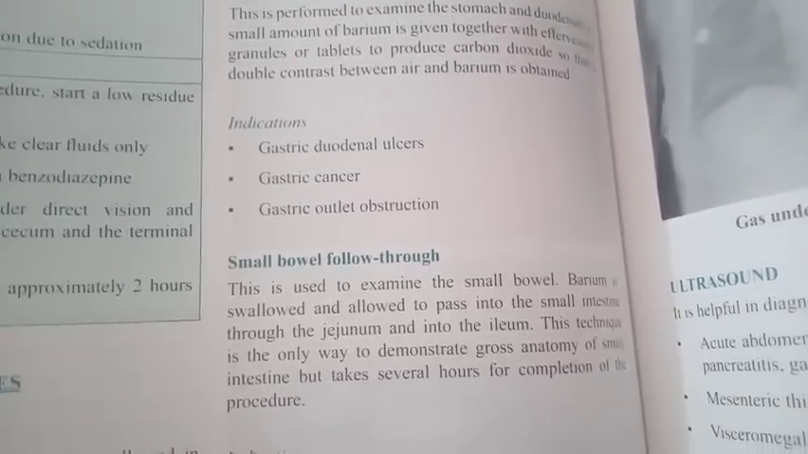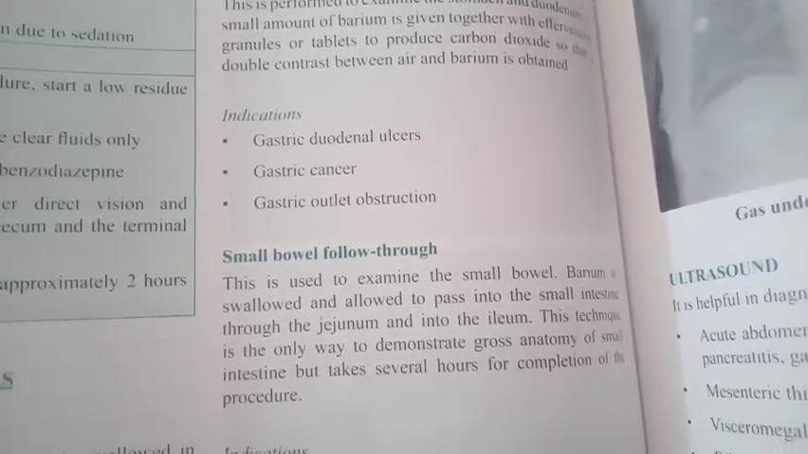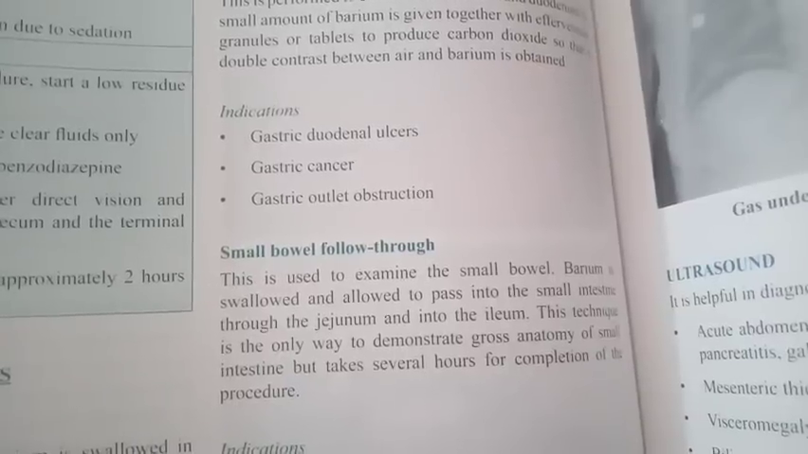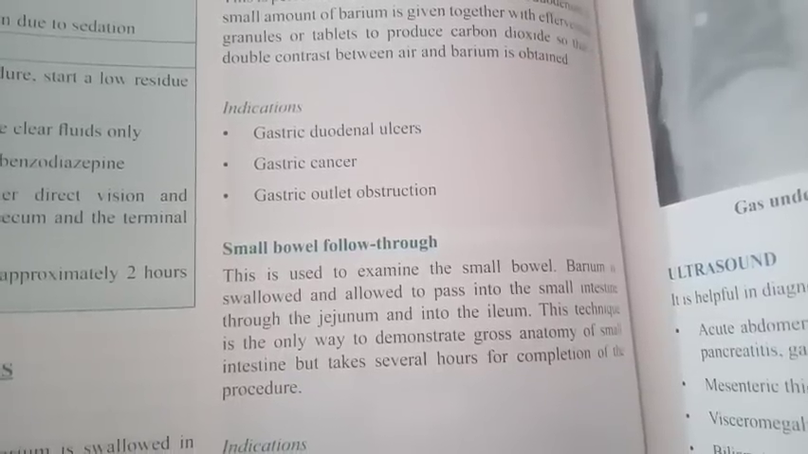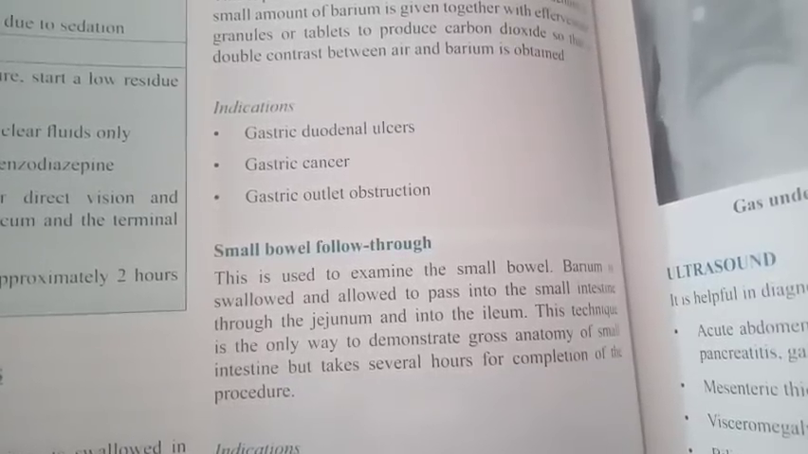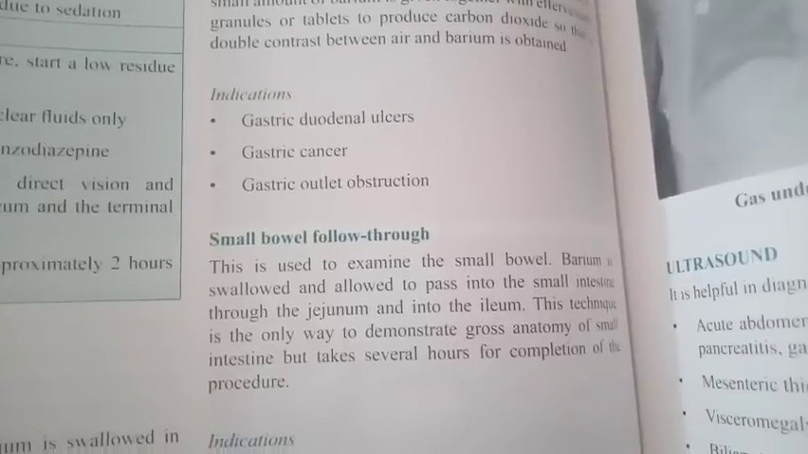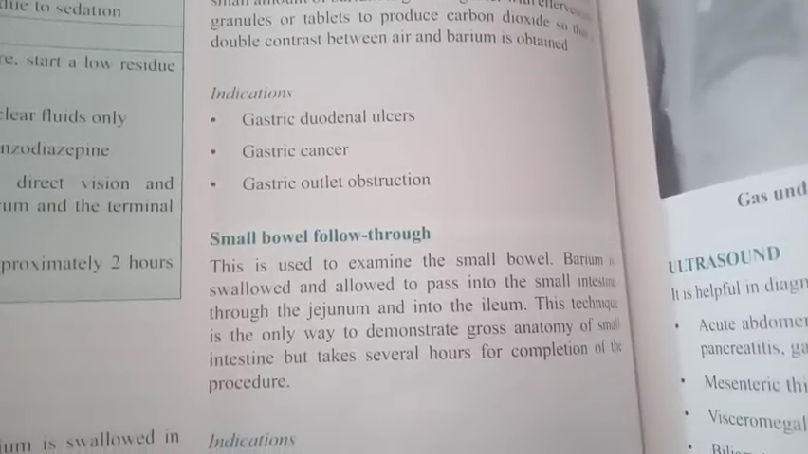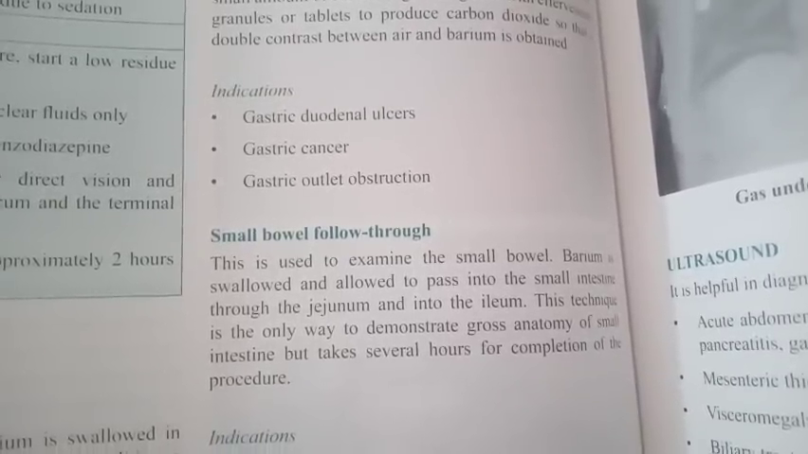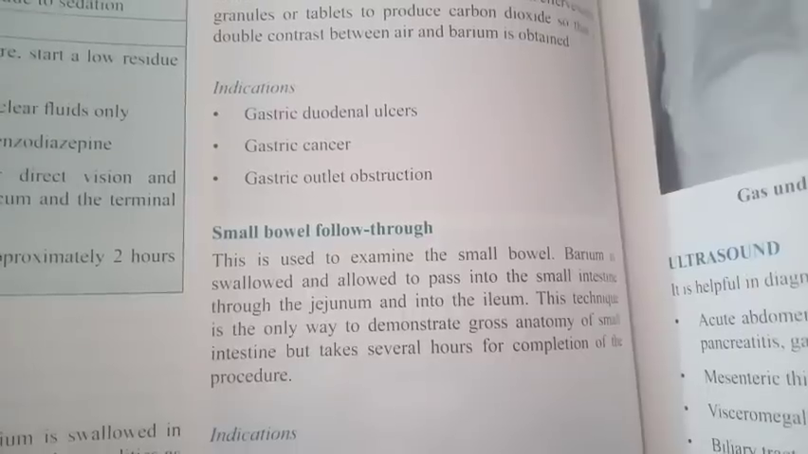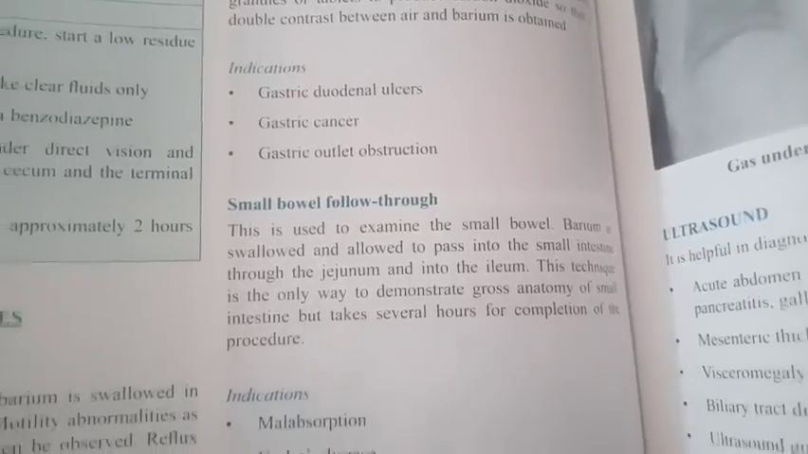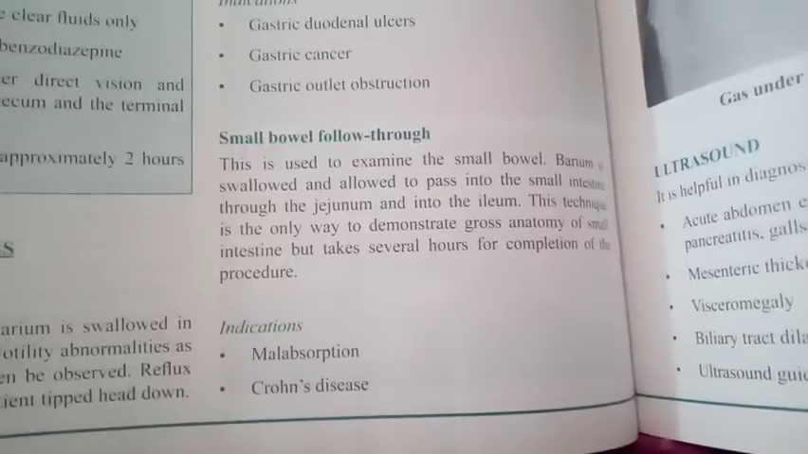given on the screen. A small bowel follow through. This is used to examine the small bowel. Barium is swallowed and allowed to pass into the small intestine through the jejunum and into the ileum. This technique is the only way to demonstrate the gross anatomy of the small intestine but takes several hours for completion of the procedure. Indications are malabsorption, Crohn's disease,